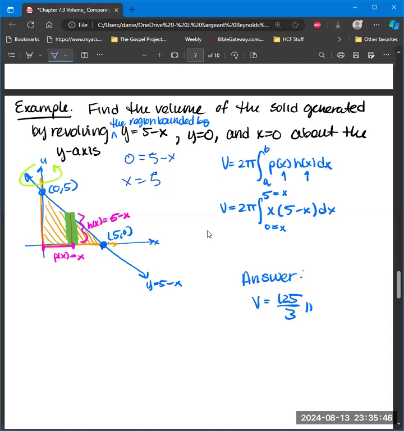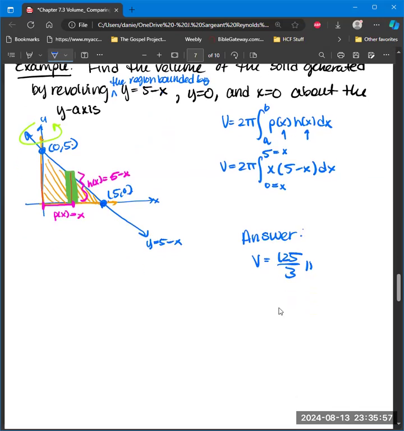We have our y-intercept up here. If we want to put in x equals 0, it's going to be 5. Depending on what we want to do. So p is going to be x times 5 minus x. So we're going to get 2 pi times the integral from 0 to 5 of 5x minus x squared dx, which is going to be